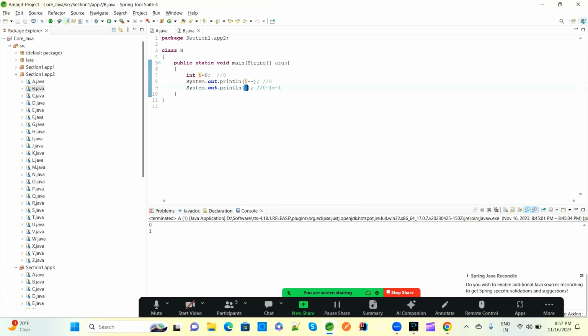By default i = 0, so 0-- is a decrement by 1. The output will be -1 at the next i. If you are calling the next i, at that time i will be -1 as the output. So if you run this program,